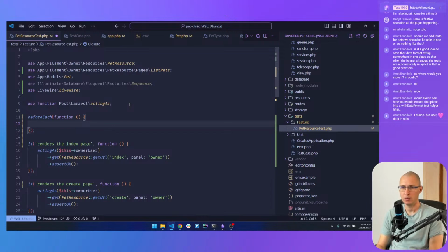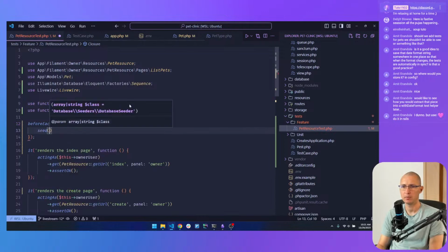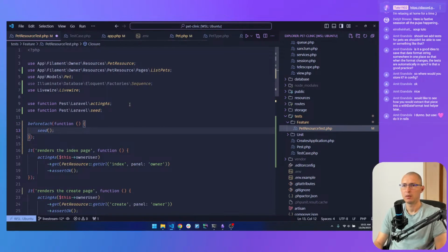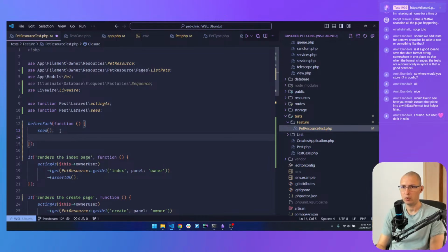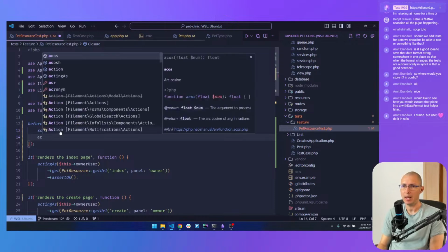And then we can use the seed method. Yes. This is a function from Pest Laravel seed. So we can just seed the database before running each of the tests. And also we can use acting as